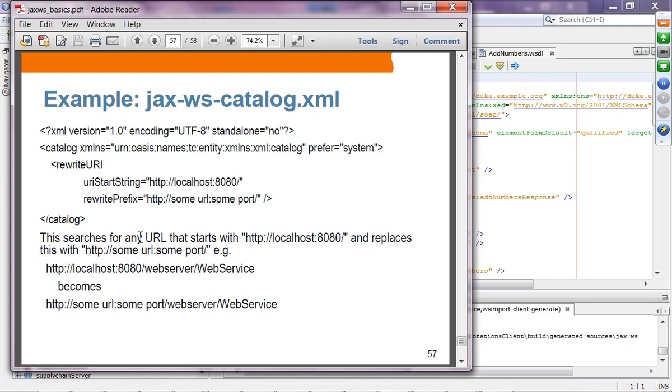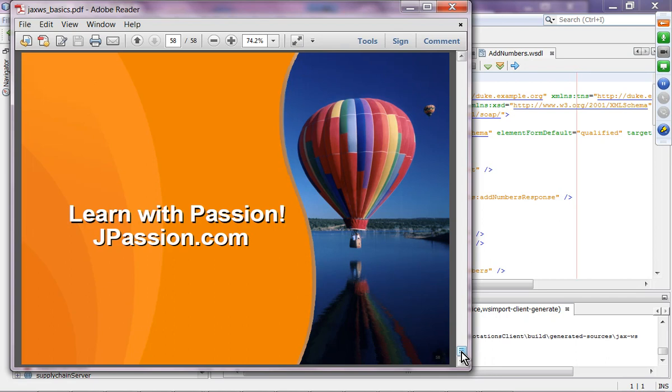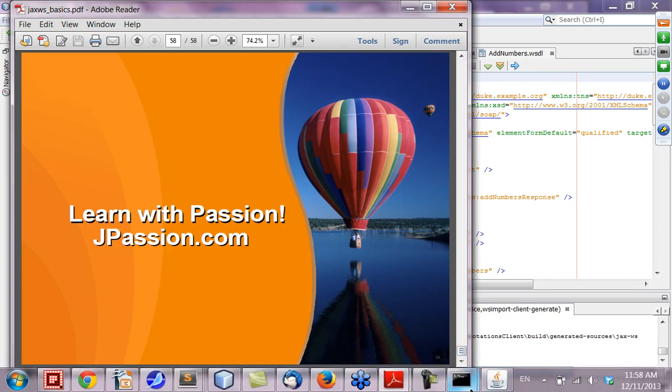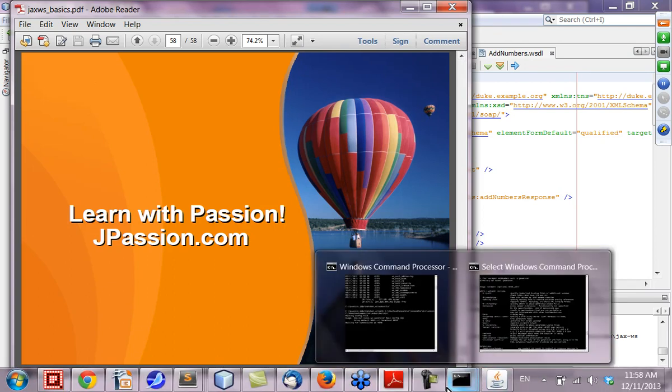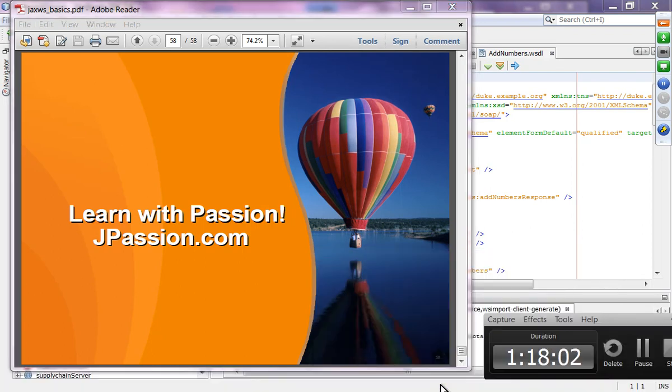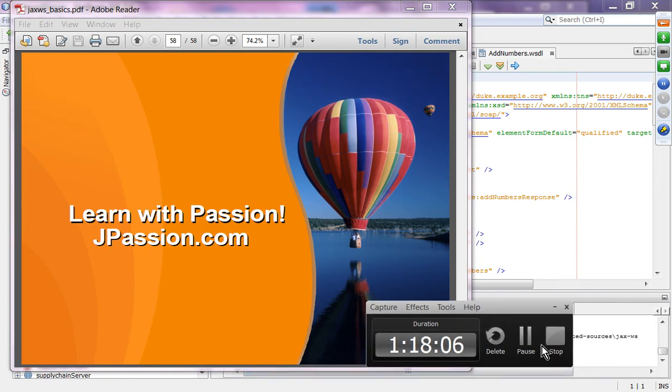This searches for any URL that starts with localhost:8080 and replaces it with this. So it will get the correct WSDL document from the correctly located web service. A bit of a convenience feature. It's not part of JAX-WS as a specification. All right, so that was a pretty long